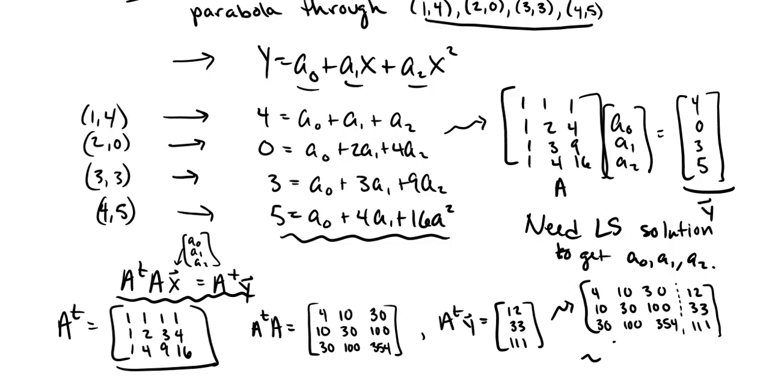And so from here I can just reduce down as usual to try to solve. Let me do that really quickly. I'll just do this on a computer calculator. And when I do this, it looks like I end up with